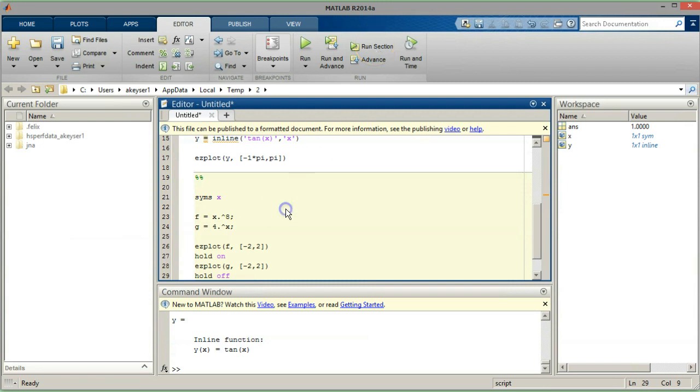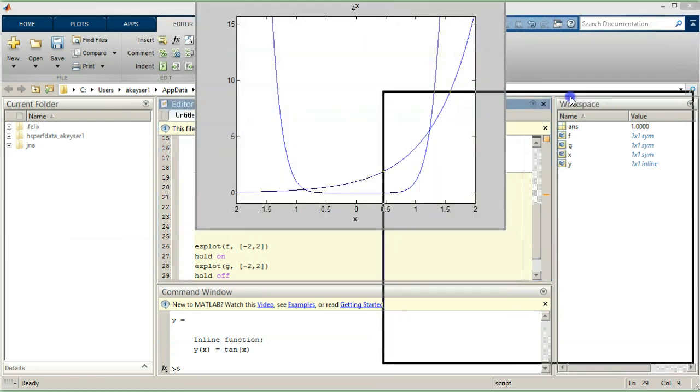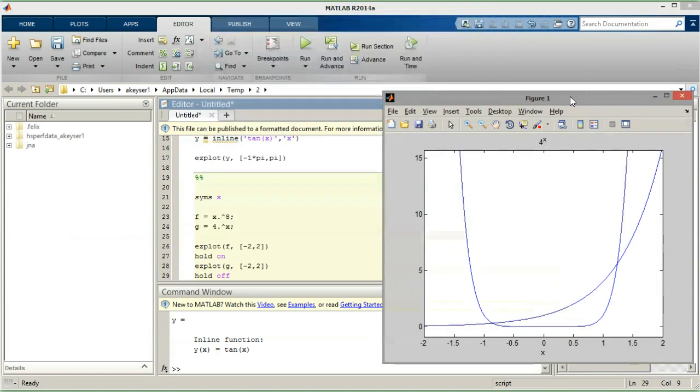So let's run this. And this is the graph that you get. You get this graph of the polynomial function, and then you get this exponential function, and you're seeing, well, that they intersected in these two places. And for some reason, you might find that to be useful information or what have you. But this is what happens, and this is how you have to tell MATLAB